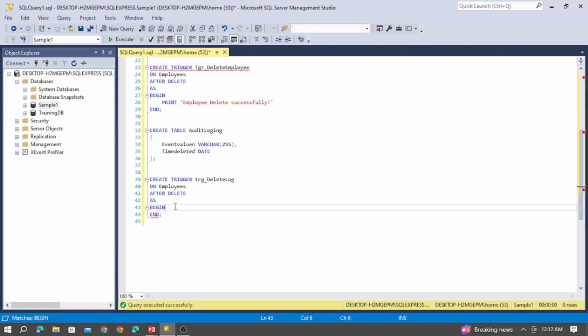So inside this begin and end I am going to write the condition. I need to insert the value into audit logging whenever I delete any records from the employees table. So now I need to provide the insert statement. Inside this, insert into this audit logging table. So let me provide insert into audit logging,